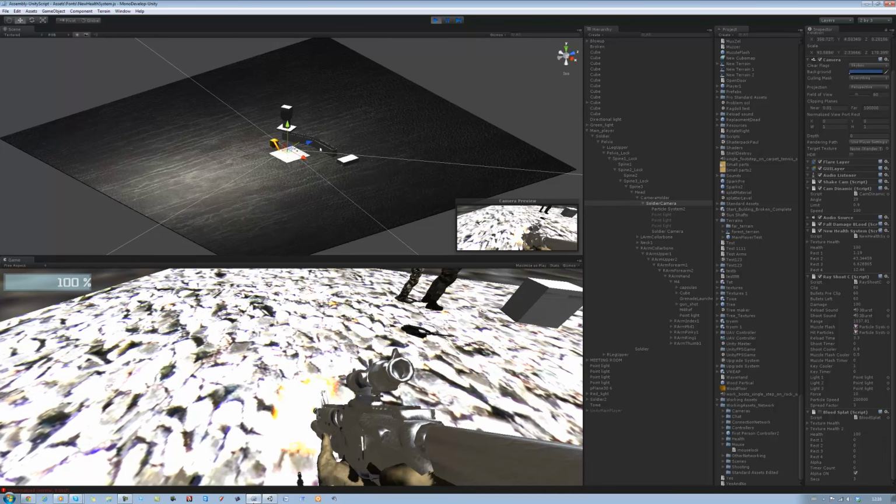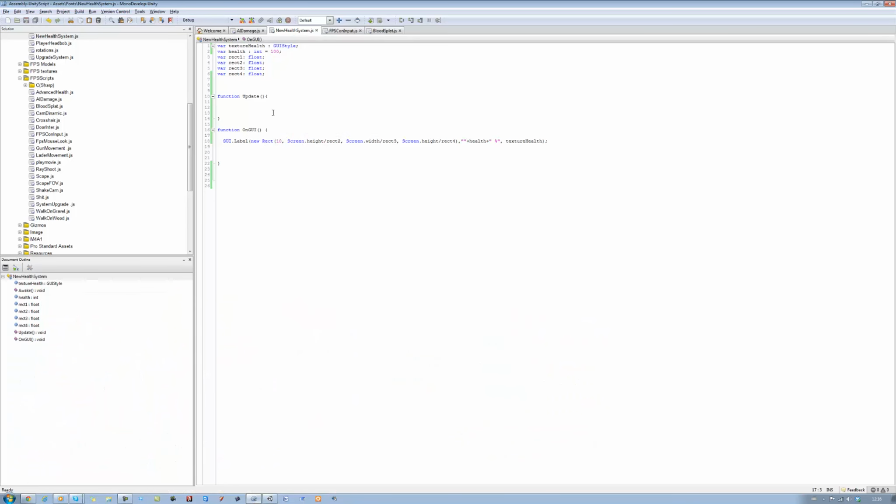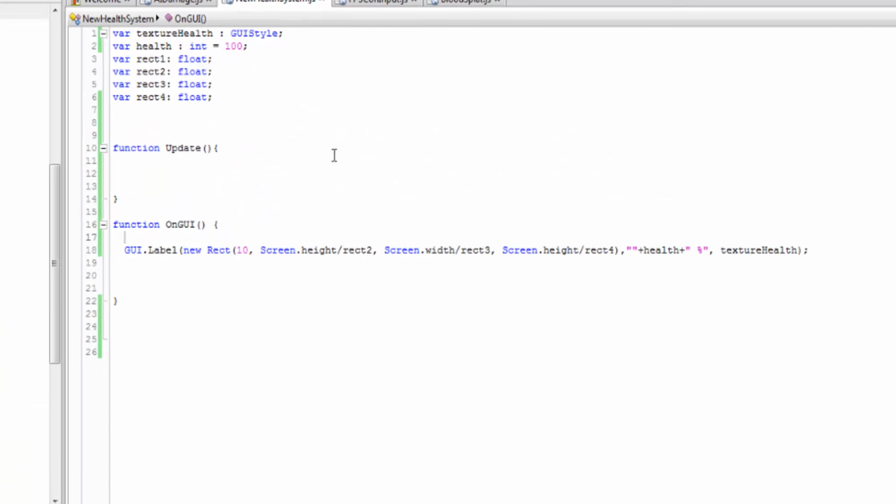Now just open your script. If you haven't created the script already, I recommend you go watch this tutorial first. It's in the description bar. Please do, then come back to this one. Alright, now in this we only had the texture, the health, and the positioning of the GUI, and then the GUI itself, nothing else. Now in order to create the blood splat screen, we're going to be using a new element called